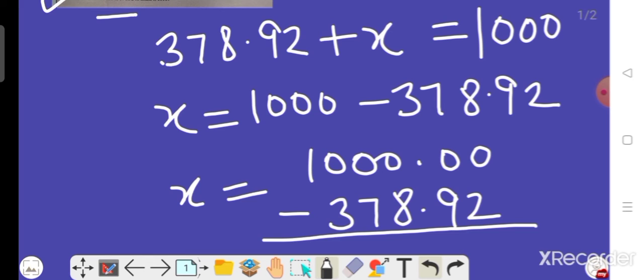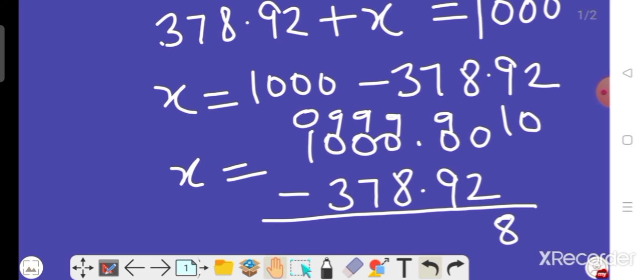As in the previous question, we will take carry from this one, and in the same manner the result here is 10, and all remaining digits will become 9 from 10, and this one will become 0. Okay, now 10 minus 2 is 8, 9 minus 9 is 0, decimal point remains as it is. 9 minus 8 is 1, 9 minus 7 is 2, 9 minus 3 is 6. This is the answer of your question number 4.